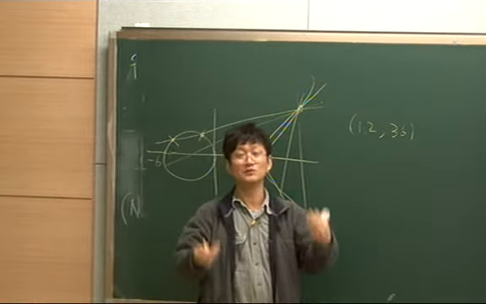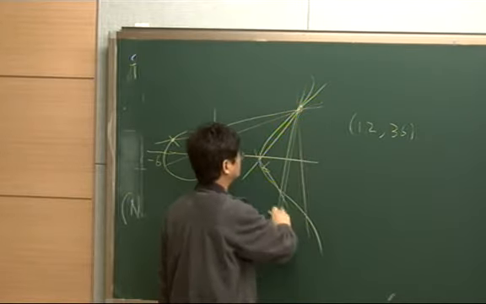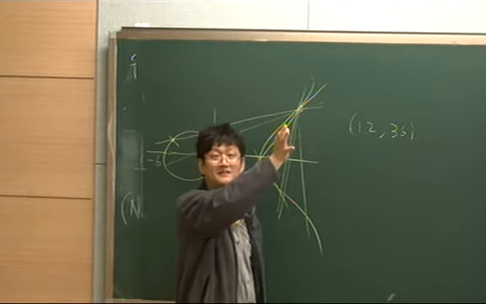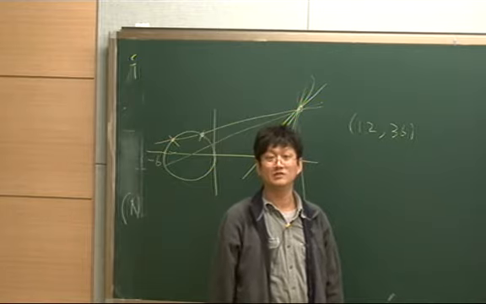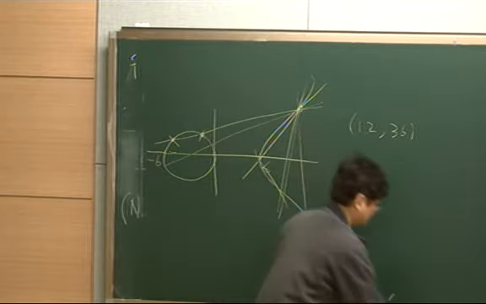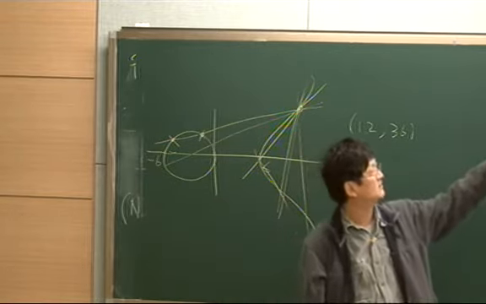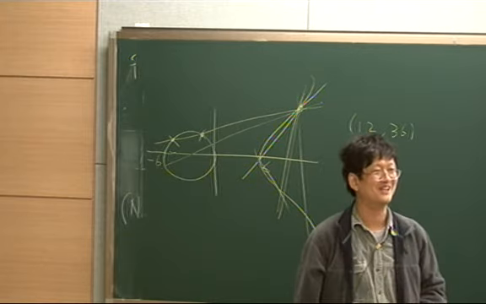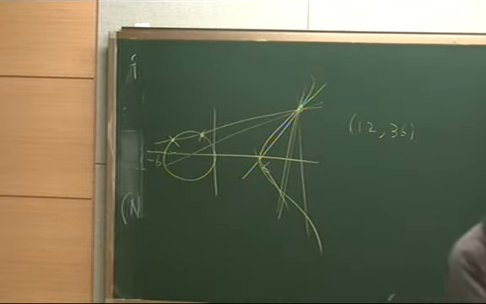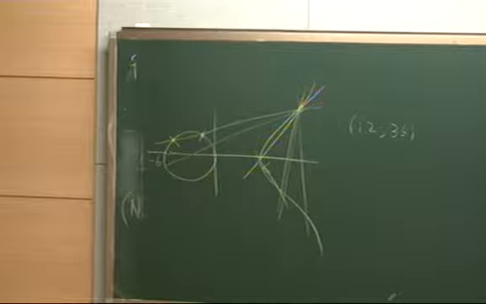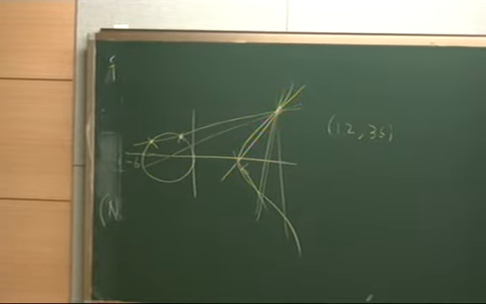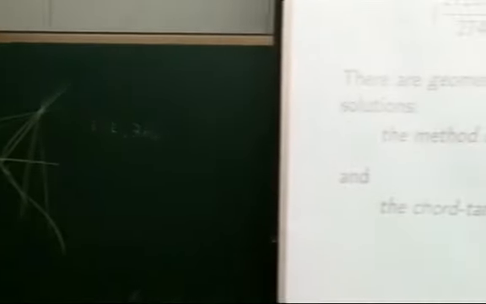And then once you have two rational points, you can draw secant lines through those 2 points, and then the third point will again be rational by the same logic, right? Yeah. So this is how I found that solution. This you can do by hand up to about that depth, but then when it gets bigger than that, you should use a computer, of course. Right. So this is the method for finding solutions to equations of this sort.